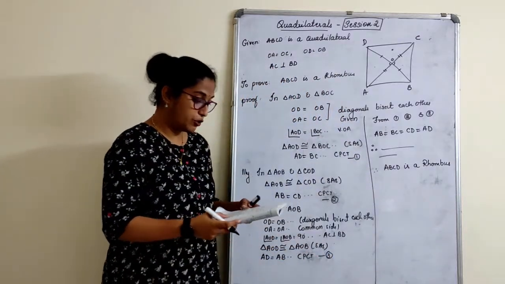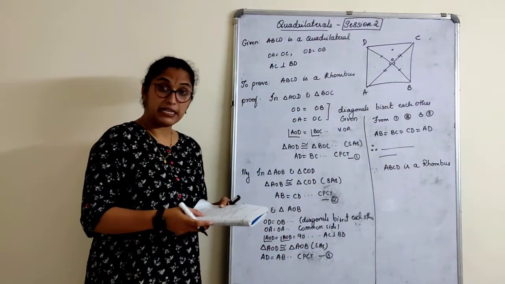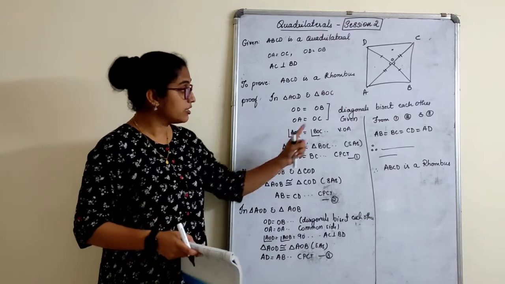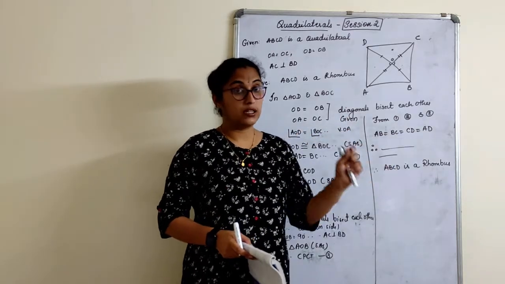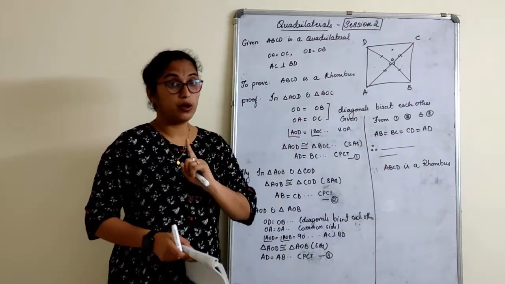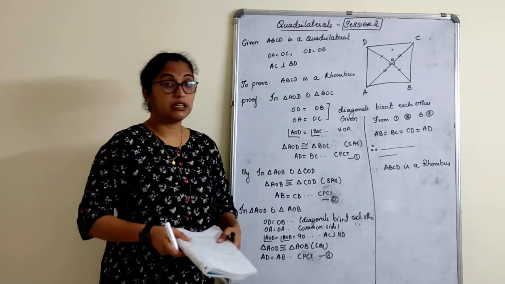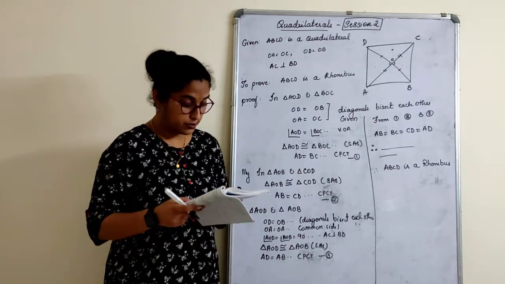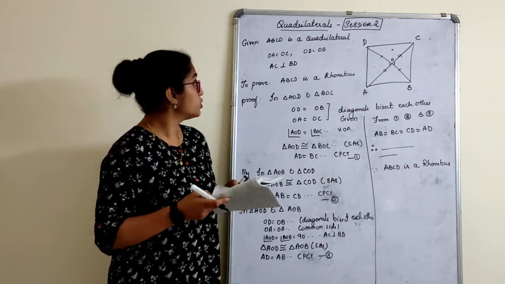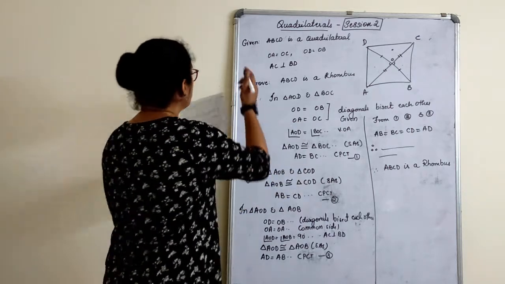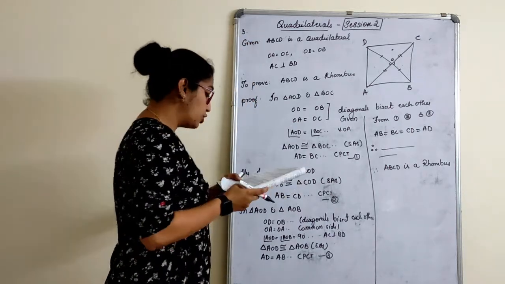From the question itself you can copy. In the quadrilateral, if diagonals bisect each other at right angles and all the sides are equal. The statement is very important, children. You have to mention this. Give the conclusion. ABCD is a rhombus. We'll move on to the next one. So this was the third question, right? Yes. So we'll move on to the next one.